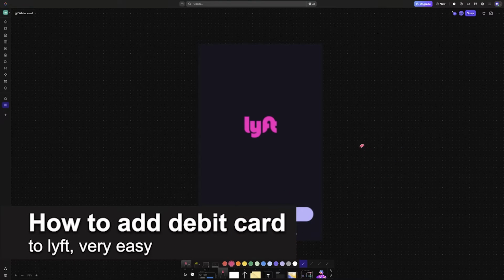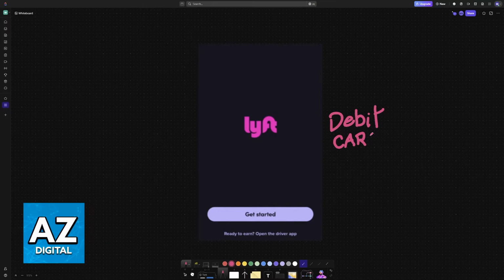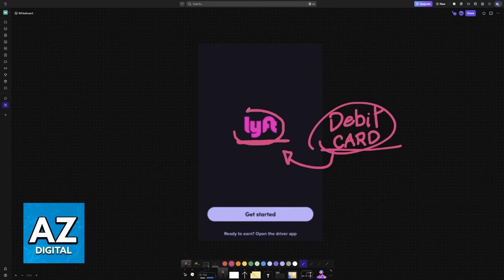In this video, I'm going to teach you how to add a debit card to Lyft. It's a very easy process, so make sure to follow along. In this video, I'm going to teach you how you can easily attribute a debit card to your Lyft account. This way, it will be saved for future payments, and it is always going to be available for you to